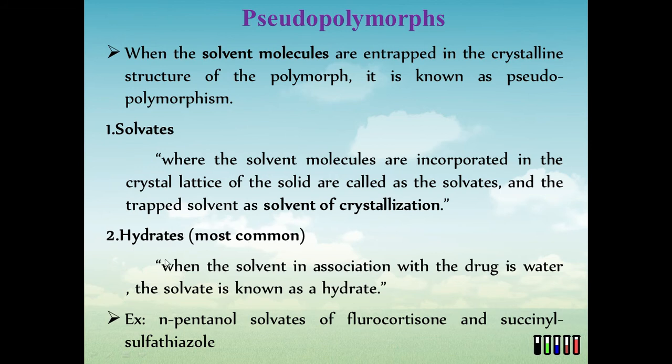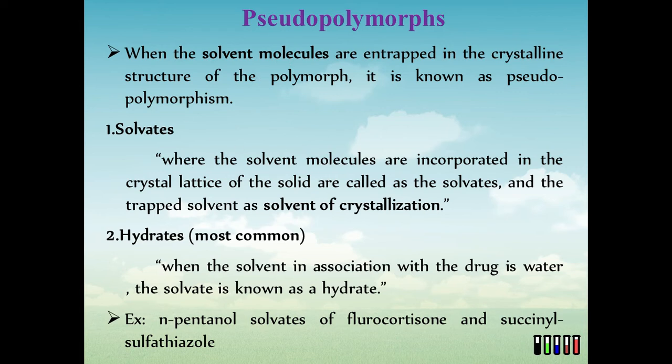And for hydrates, if you have observed the structure of food acids like citric acid or tartaric acid, after the empirical formula you can always see something written, like 12H2O or 6H2O. That is nothing but water of crystallization, which comes under hydrates. That will also impact drug absorption. Ultimately it leads to the formation of polymorphs with different internal structures. That's why they also play a vital role in the absorption of drugs.